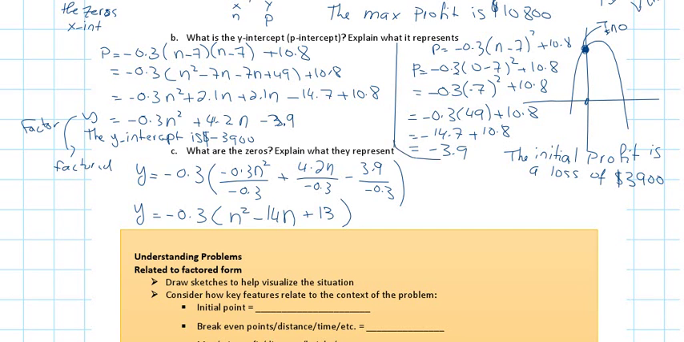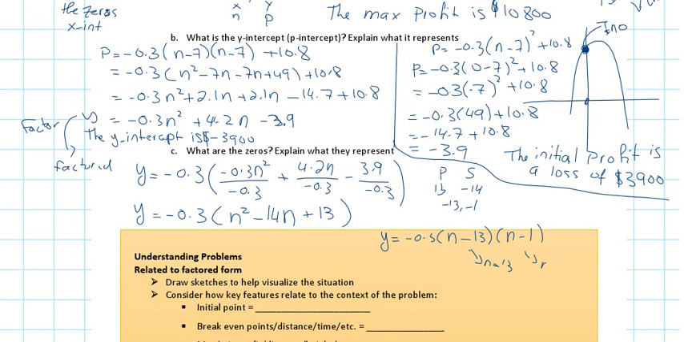So two numbers that multiply to 13 and add to negative 14. I only have negative 13 and negative 1. So my factored form is y equals negative 0.3 (n minus 13)(n minus 1). And the question is asking me what is your x-intercept, or what are your zeros. My zeros are 13 and 1,